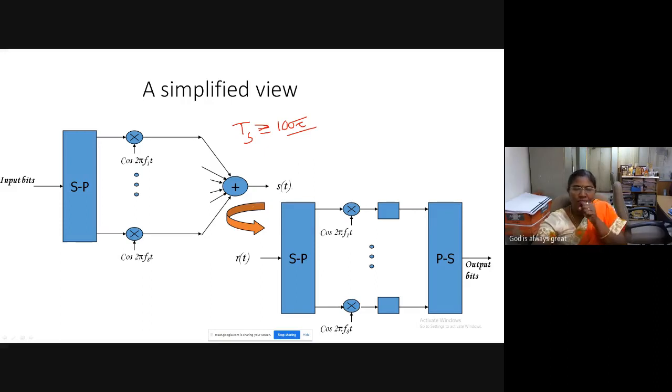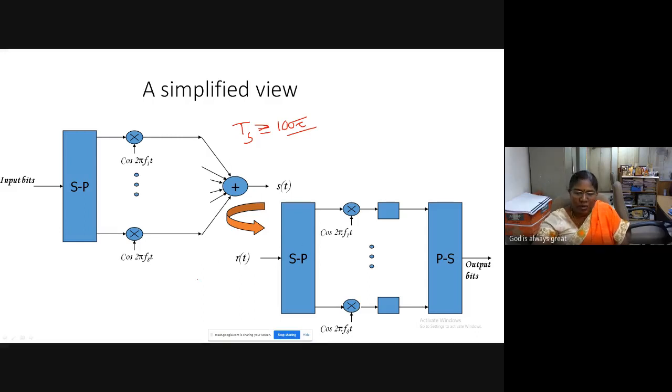This is being transmitted wirelessly. In the wireless channel, your signal is going to get affected by the additive white Gaussian noise, as well as the wireless fading parameters, channel impulse response H of t. Right? These two will act over your S of t and create a received signal R of t at your receiver antenna.